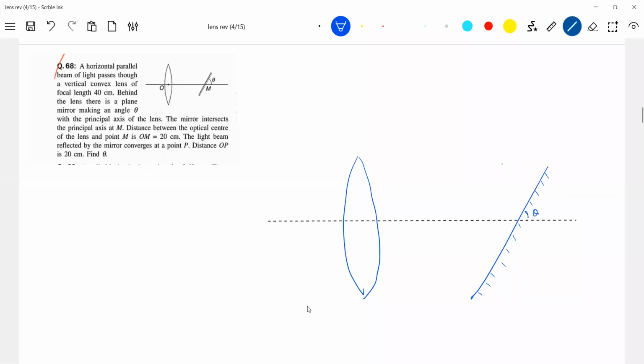I'll go for tracing the rays. Parallel beam of rays, so you just take some 3. Don't go for many. I think slowly develop skills for the exam. For a lens, I think 3 are enough, or sometimes only 2. So look at the distance now. Focal length is 40 centimeter. Distance OM is 20 centimeter. So definitely, where do the rays go? The rays will combine.